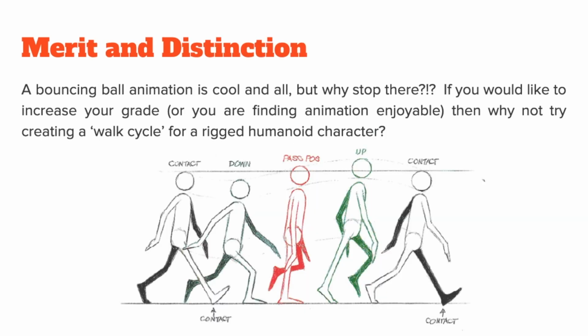So, bouncing balls are good and everything, but if you want to go a little bit further and you want to increase your grade a little bit, also you might be finding animation quite enjoyable, then see if you can create a walk cycle for a rigged humanoid character. You could do this either inside the Piskel app with a 2D sprite, or you could download a character from the asset store which is already rigged, bring it into Unity and have a go at seeing if you